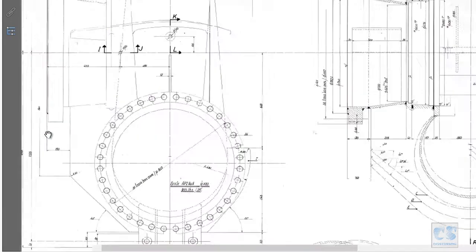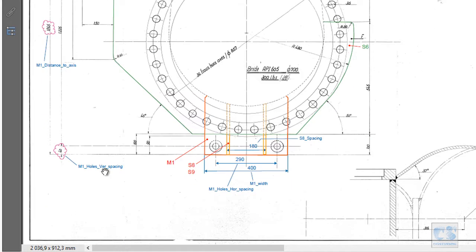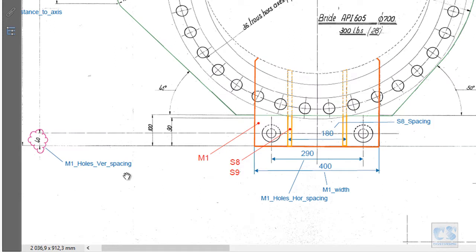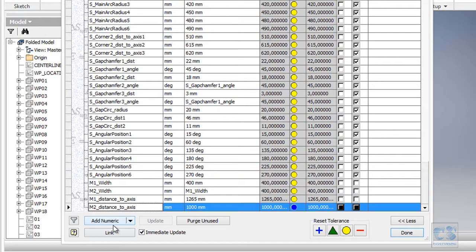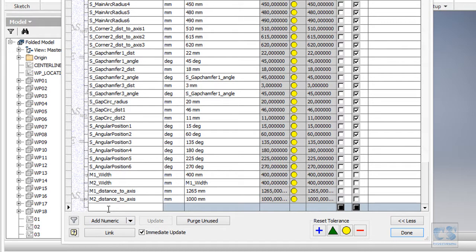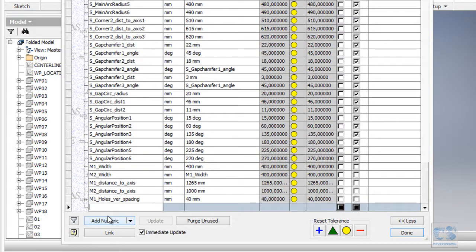Then we will have this all vertical spacing, so add numeric, all vertical spacing, which is 40 millimeters, and it is the same for the second one.